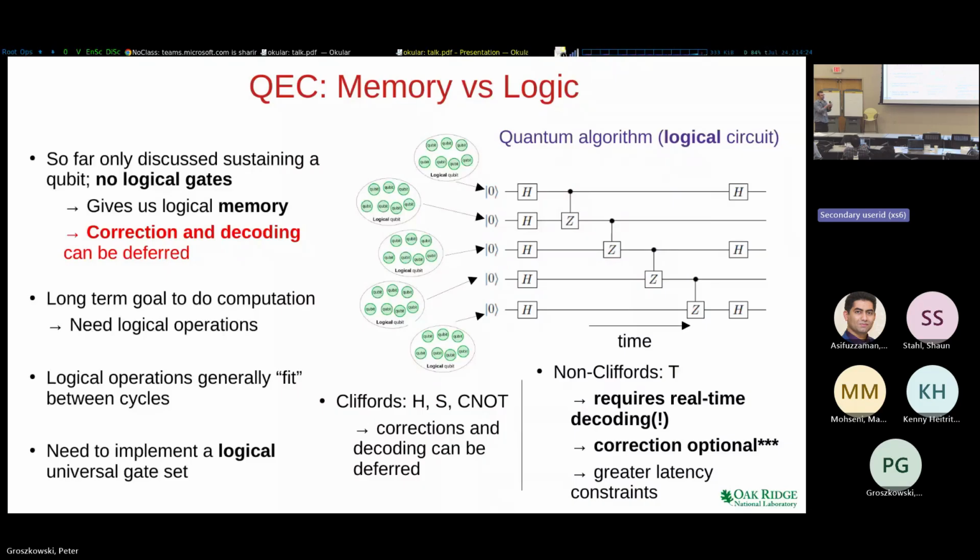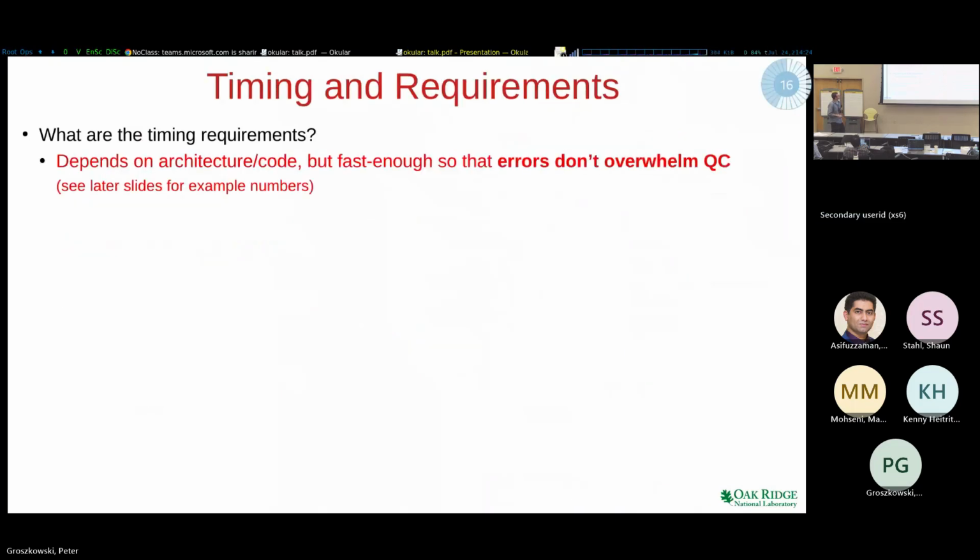So say you have a Clifford operation and then a non-Clifford operation that you want to do, you have to have decoded up to that point. The correction is still optional, but there are some circumstances under which people still think about applying corrections directly, okay? But the point is that because you now have to do at the very least this decoding, that increases